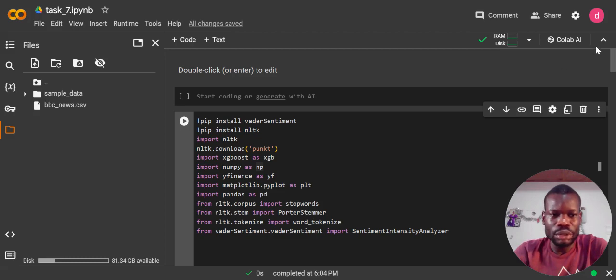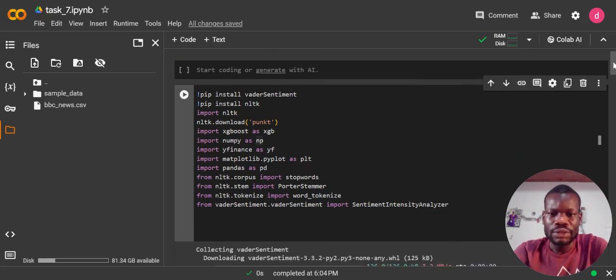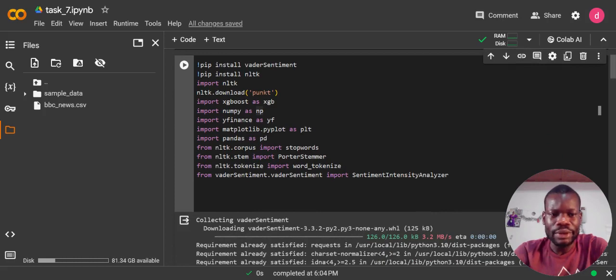I'm going to walk you through the code now. This first cell is going to get us the needed libraries for this project. As you can see, we have several modules or libraries that we need for this. So we have VADER sentiment, NLTK, that's for sentiment work for the news